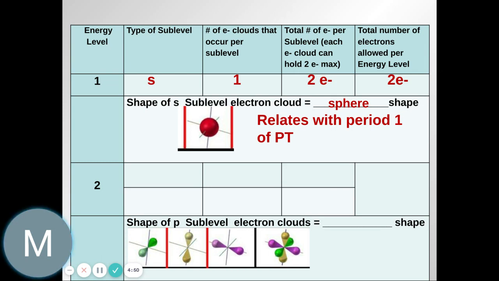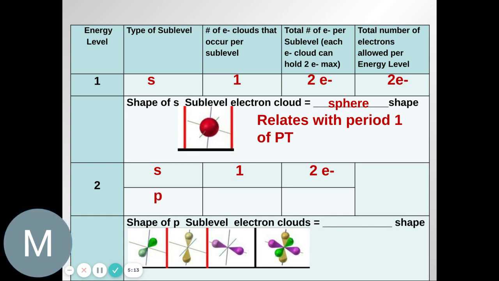There's a reason there's only 2 elements written up there. Okay, the second energy level can hold 2 different sublevels. It can hold S, which is going to be repetitive from up above. There's one electron cloud in that sublevel, and the total number of electrons per sublevel is 2, but it now has this new probability region that they designated with